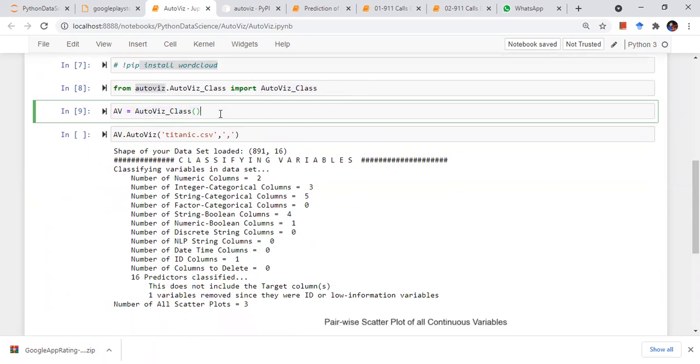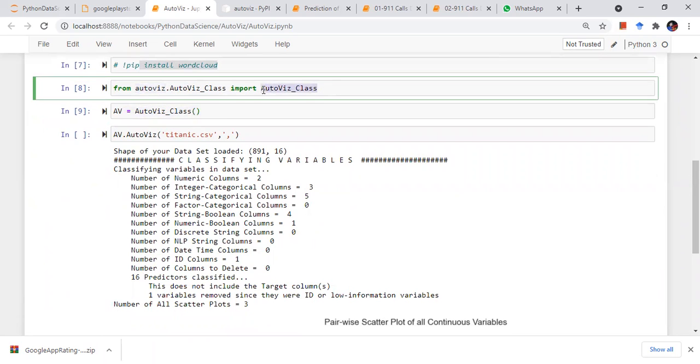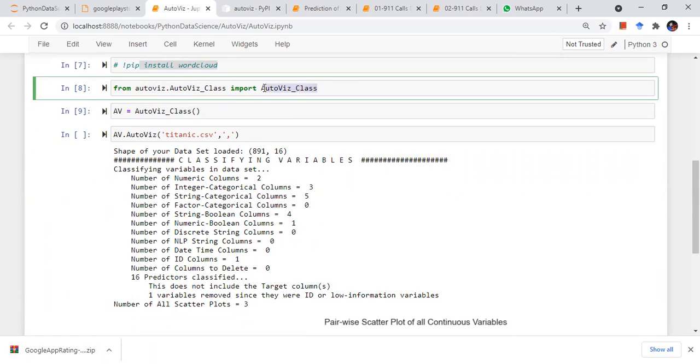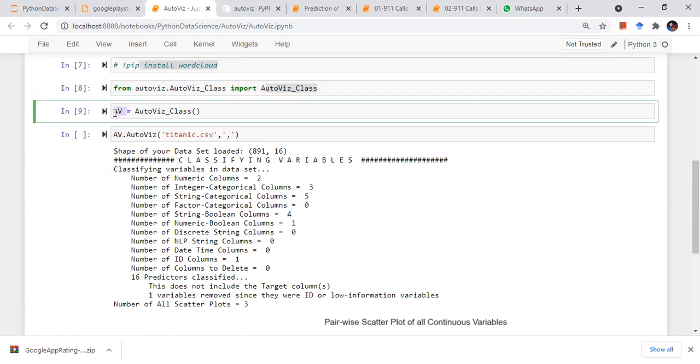I think we have seen these things before, but I will discuss them in detail when we start with machine learning. So this is an instantiation of this class. Basically I need something called AutoViz, which is there in this library. I have installed this library on my computer, but in this present script I need to use it, so I have to create an instance of this class. Whatever functionality of the AutoViz class is there, I can use it using this variable AV, right?